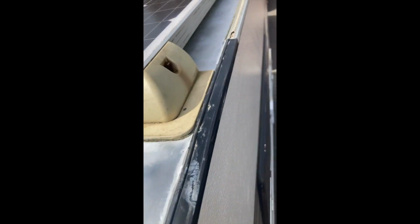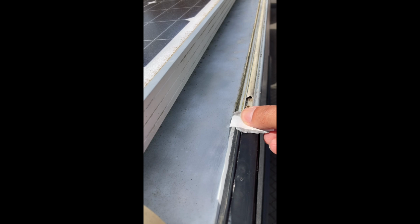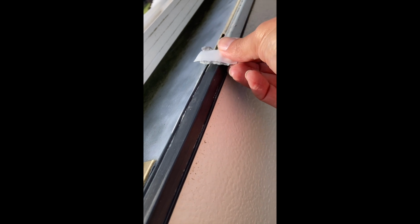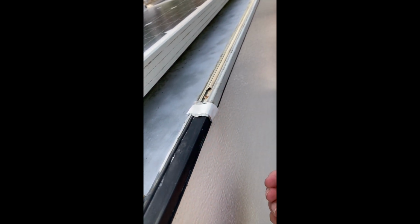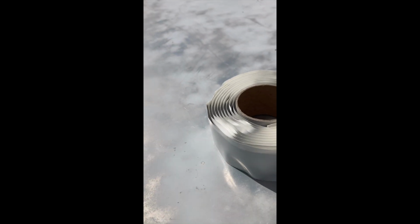You need to clean the seal off first, which is probably the other worst job, but once you've done that, use something like brake cleaner, get it nice and clean, get the old sealant off. You can use this strip, and the idea is it's folding over the join between the roof and the upright wall, as you can see there, and you just lay it down and then use the black rubber strip. Again, you'll need to trim it because you're making it into a curve, but once you've done that, put the